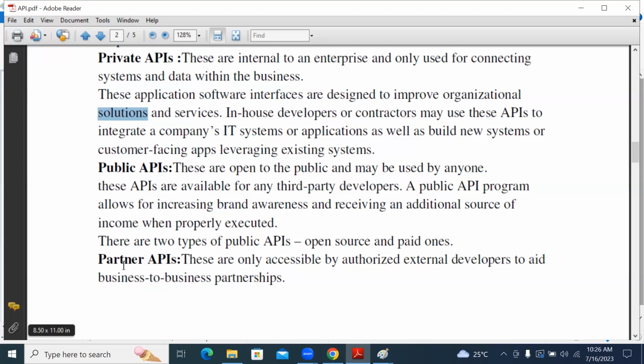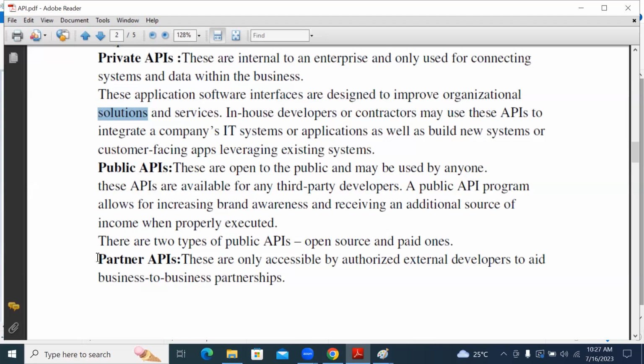Individual person, individual business, private API. A group of people, like 3 or 4 members doing a partnership and doing the business, that is what we call partner API.